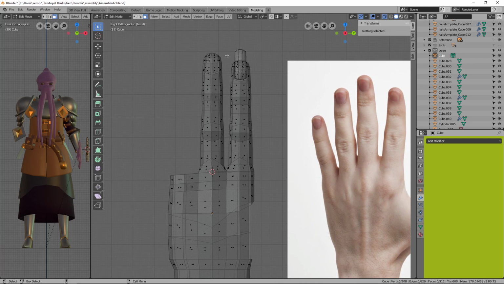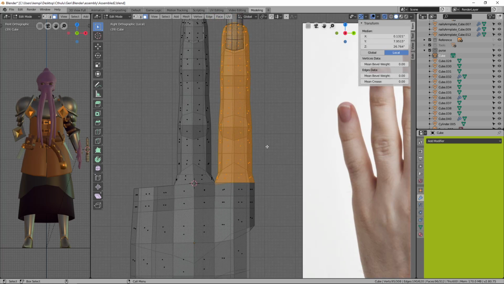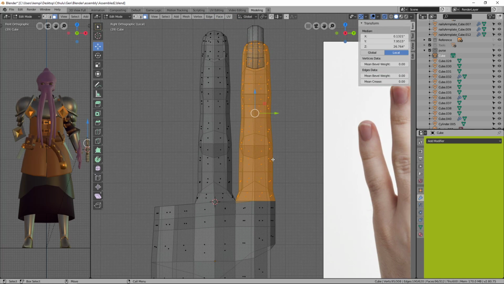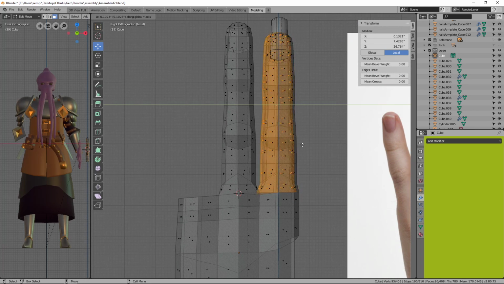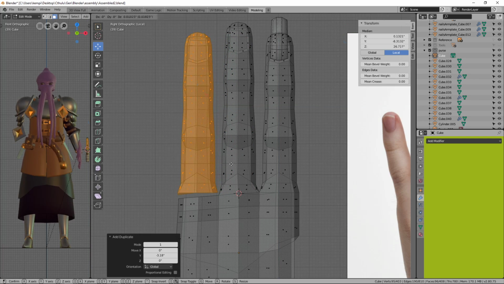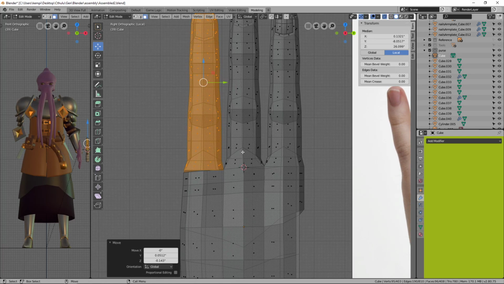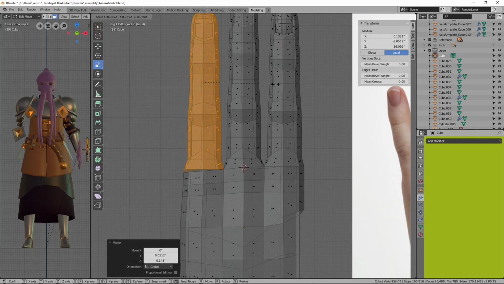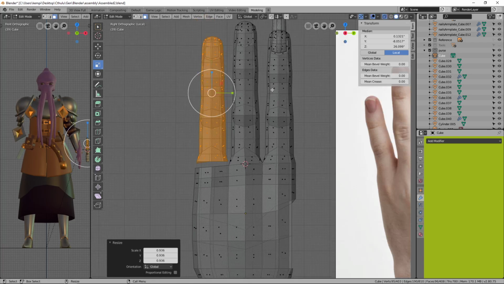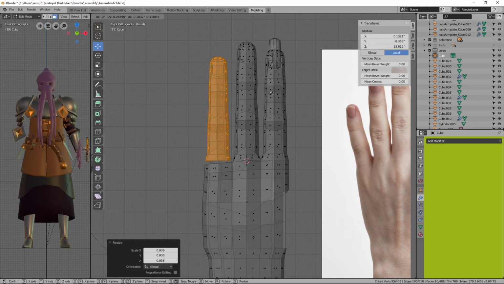Right. Boom. Control D, hold middle mouse. Boom. It's a good spot, probably a little bit smaller. That's a good middle ground, not as